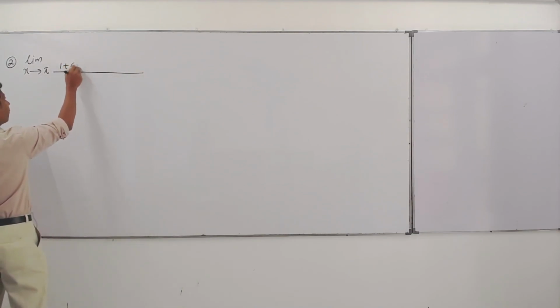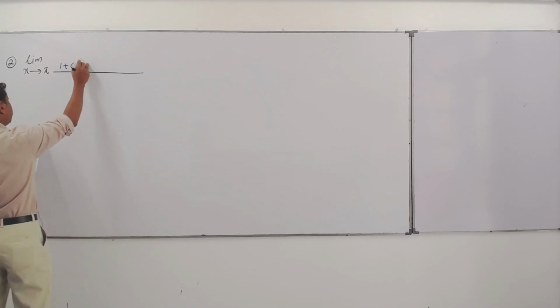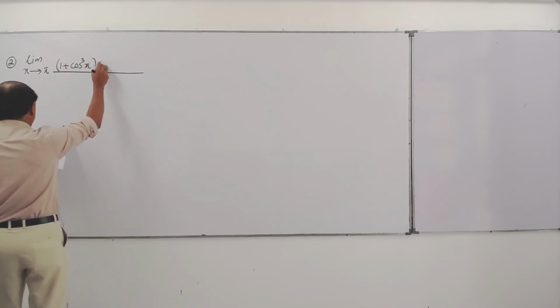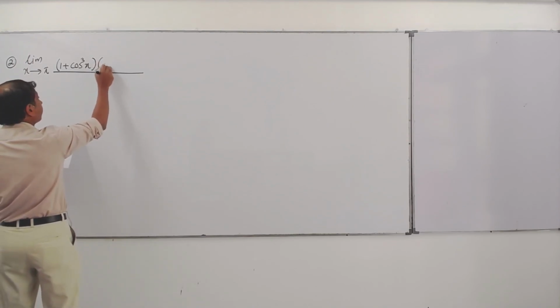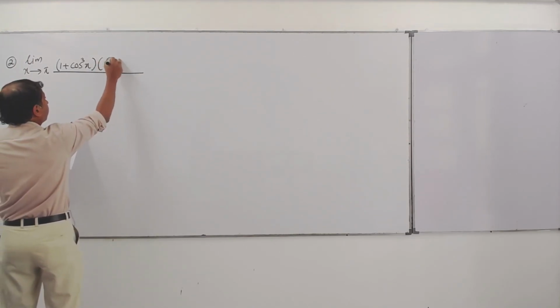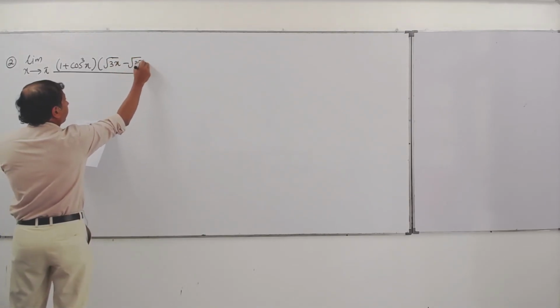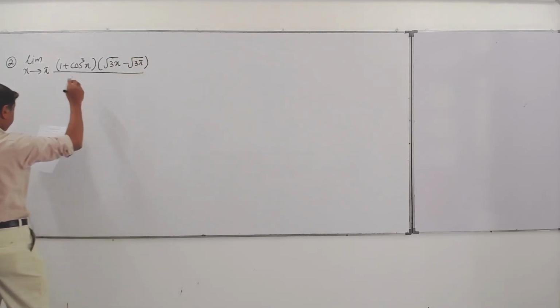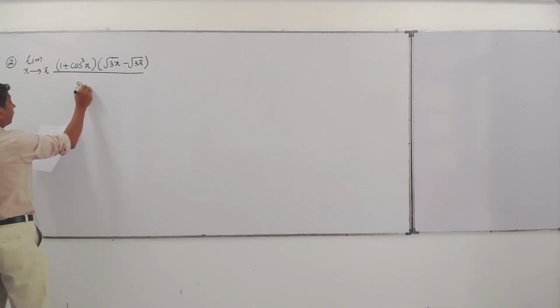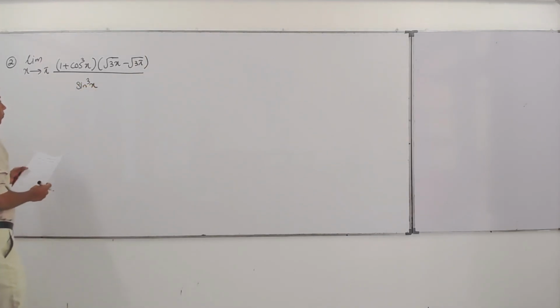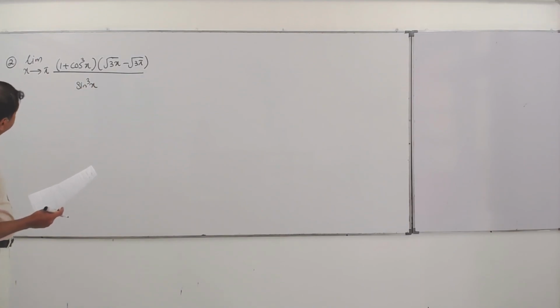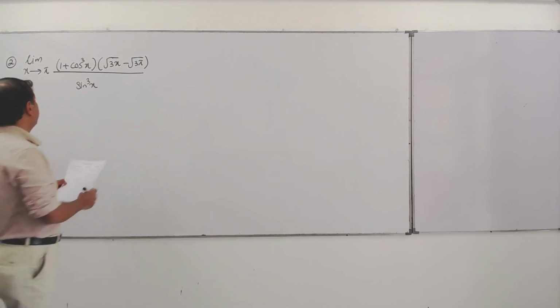1 plus cos cube x, and root 3x minus root 3 pi, divided by sine cube x. Okay. Now I can take here